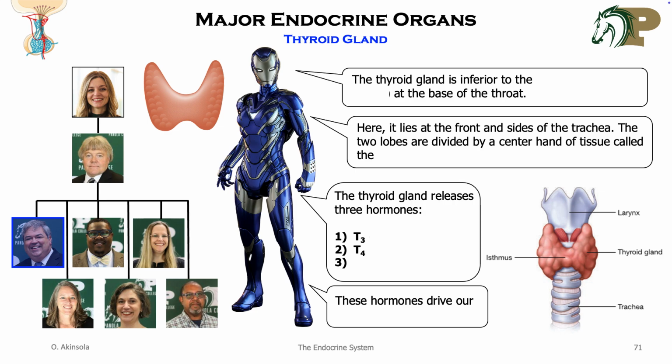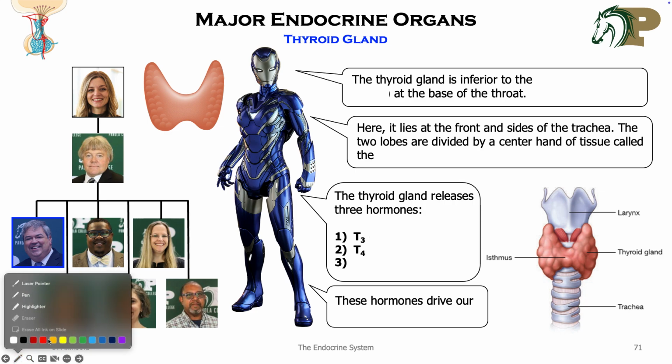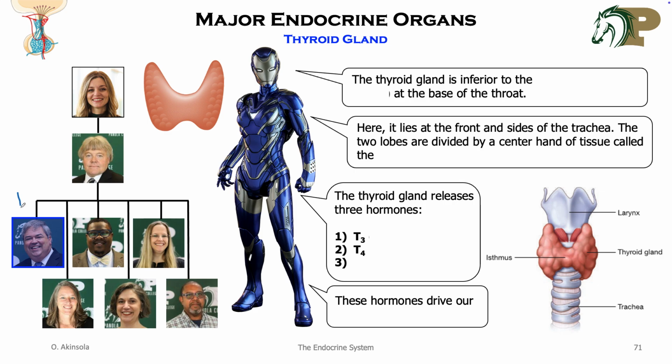So this is going to be one of the many department head glands that we will encounter in this chapter. Remember that the department head glands are under the influence of the pituitary, and then the pituitary is going to be under the influence of the hypothalamus, which will release either a releasing or an inhibiting hormone. So the thyroid gland